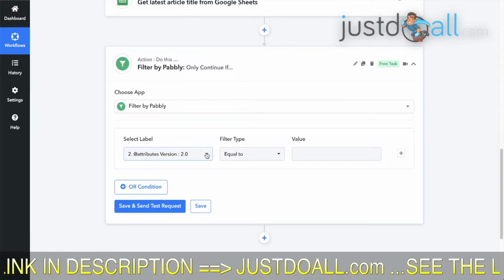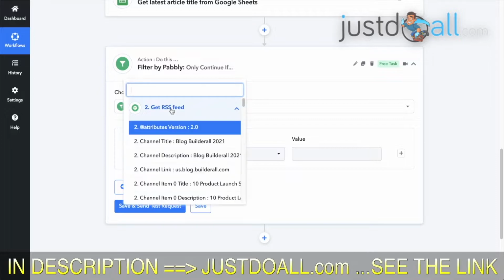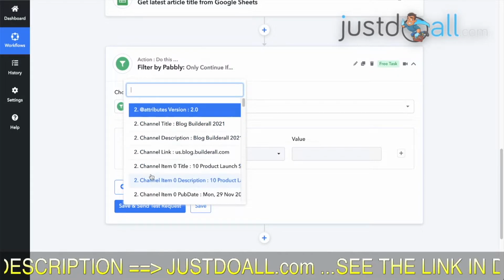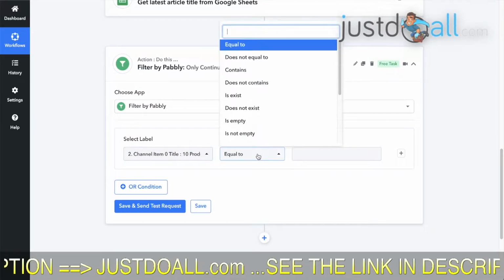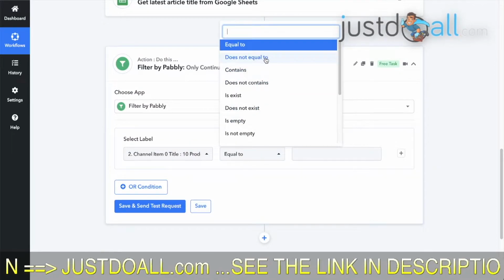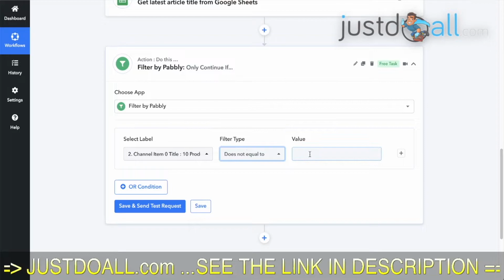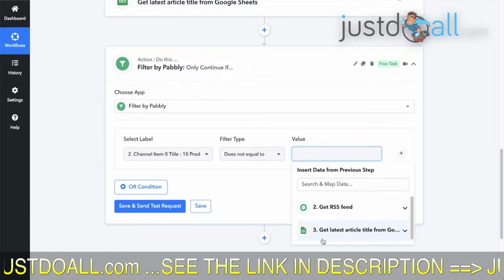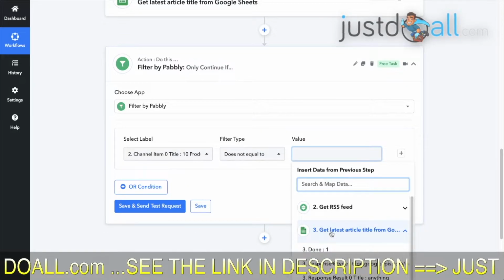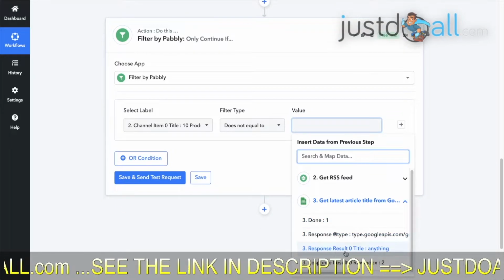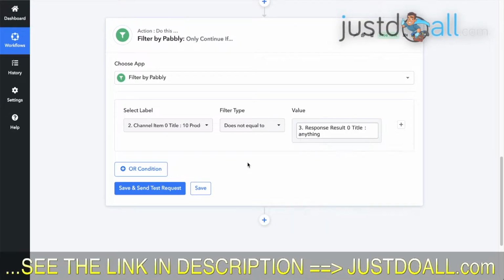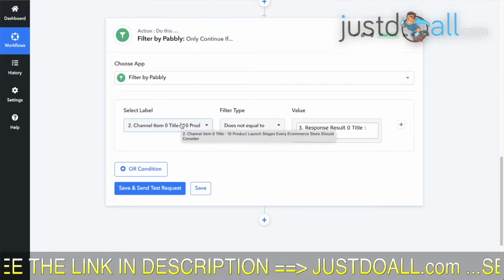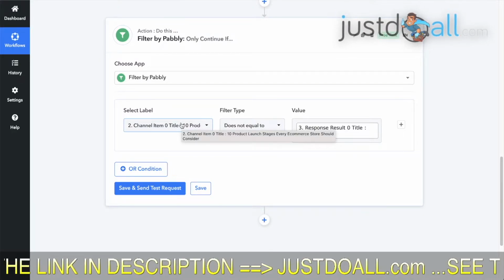So select label: if the RSS feed channel item 0 title is different, so does not equal the Google Sheet article, which is response result 0 title. So only if this is not equal to this.